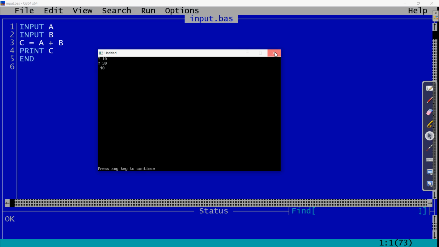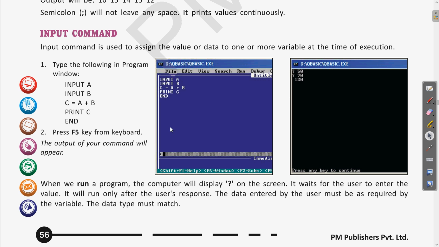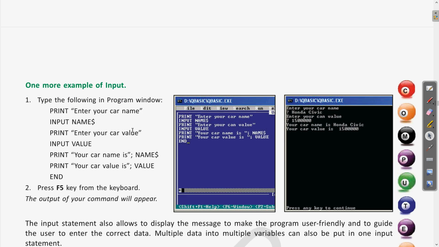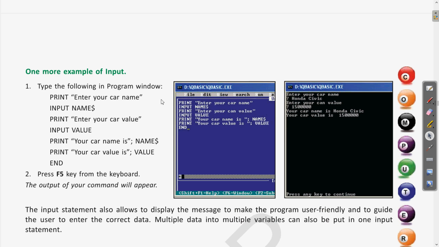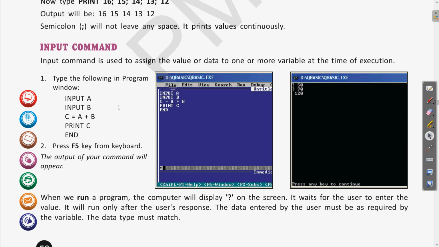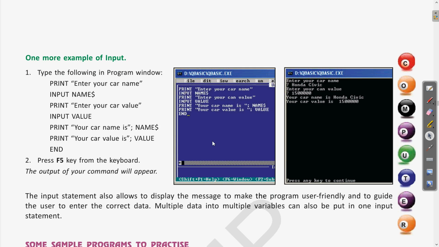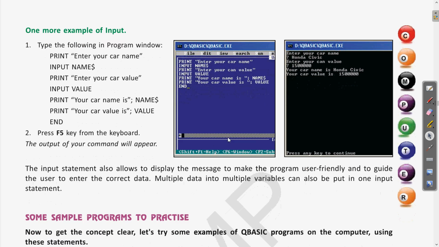Then the next program was how we can take a string also using the input. Clear? Earlier we have only seen examples of numbers. So a and b were numerical values. If you want to write your name or any such text, for that we can use a variable with the dollar symbol.